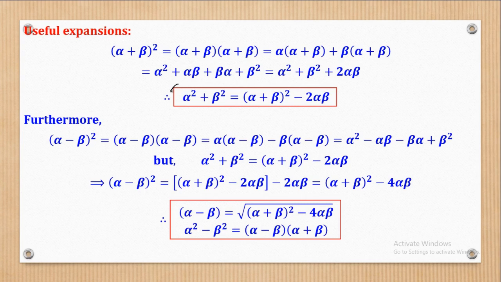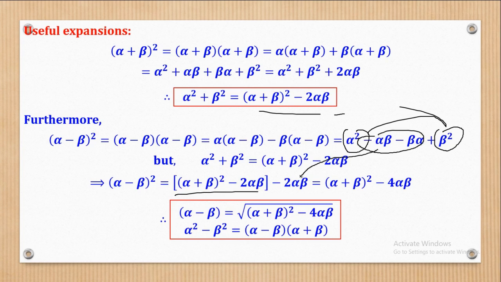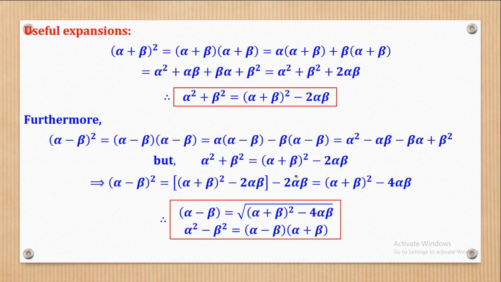But you already know here from above that this is equal to this. So what we are going to do, we are going to substitute, where this plus this will be replaced by this. That is why you see a box bracket. That means that we shall remain with these 2, which is minus 2 alpha beta. So when I collect like terms, this and this will give me negative 4 alpha beta. So that means that the whole of this